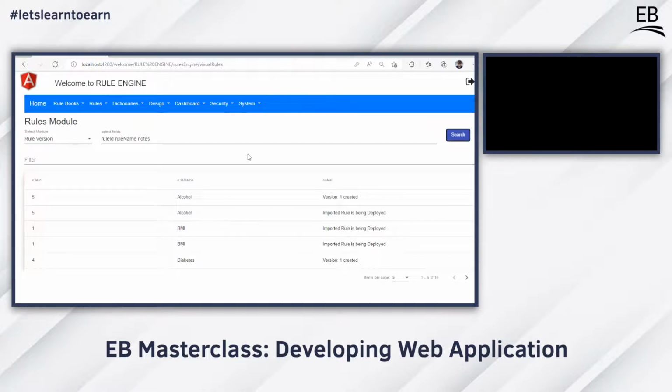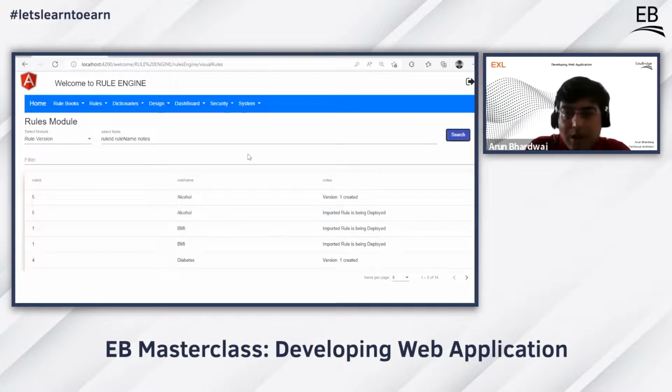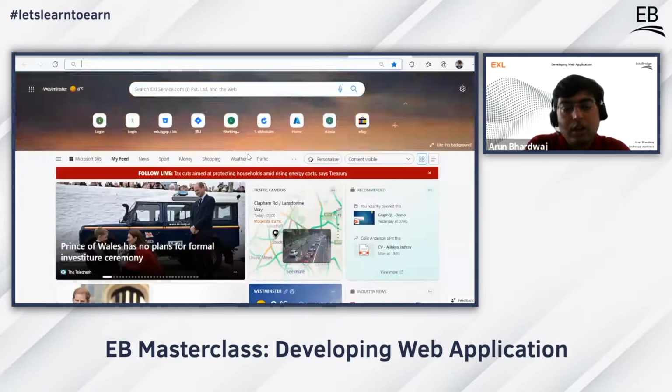Yes. So the basic concept means you need a web page. You can develop your web page using Angular, React, or you can also use the EXTJS library. That's a Sencha library, which also allows you to create a dynamic and very rich UI. So if you search for EXTJS